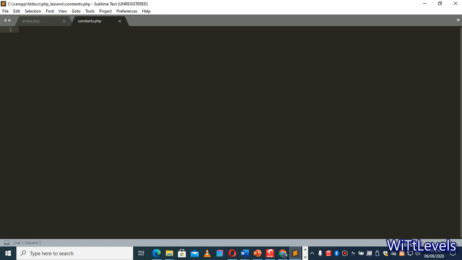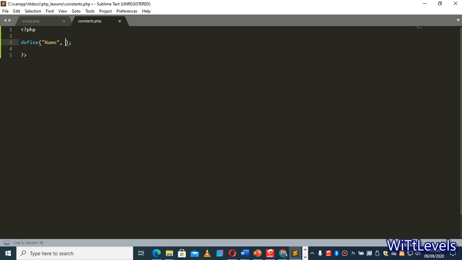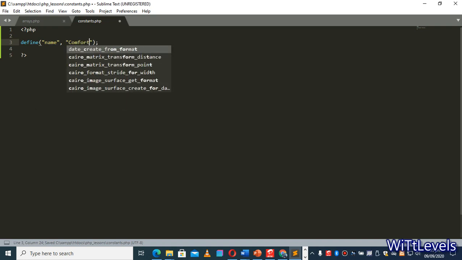So here we go again. Let me create a file and show you. When I'm dealing with constants, you need to use the define keyword. In the first place, you give it a name. So let me say name, with a comma, which means our constant is name, and then the data should be Comfort